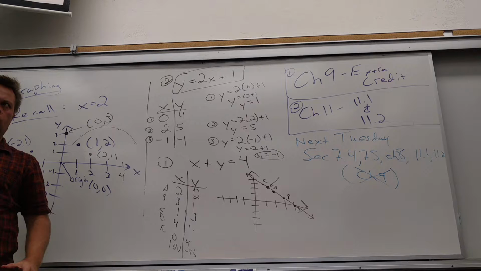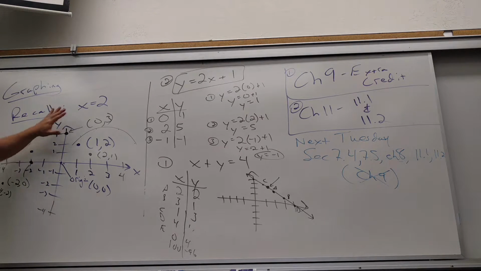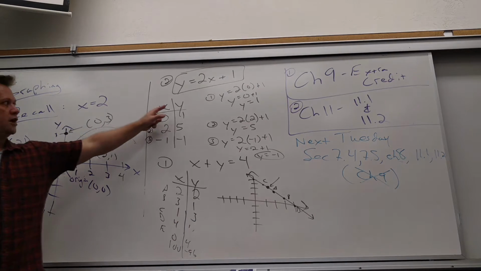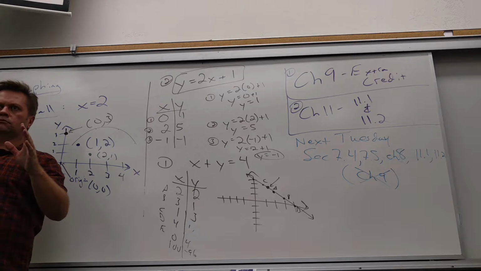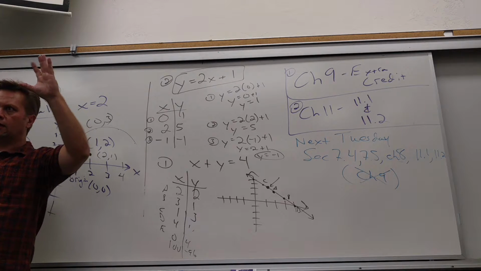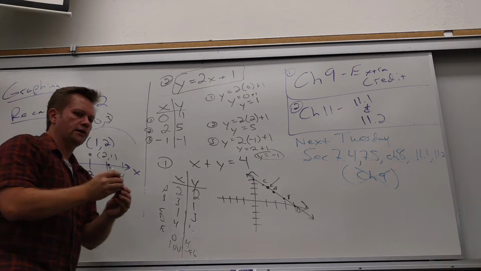Alright? So wherever the points come from, you can plot them, but you only connect them if they come from an equation. Don't connect them when I just give you points from out of nowhere. If your points come from an equation, then you want to connect them, because then the middle parts mean something. They are also answers to the equation. I like it. So if I plot this equation,